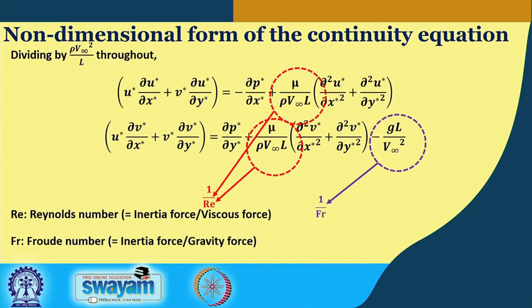And you know that there is something called the ideal fluid. In an ideal fluid, we say that the viscosity effect is 0. That means ideal fluids are non-viscous. In that case, there will not be any kind of viscous force. And in that case, you can easily see that the Reynolds number will tend to infinity.